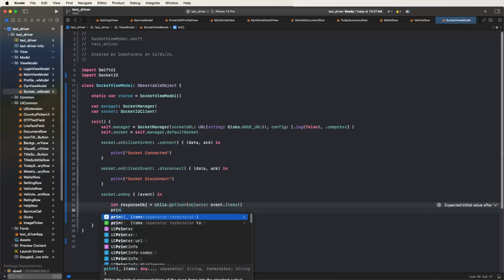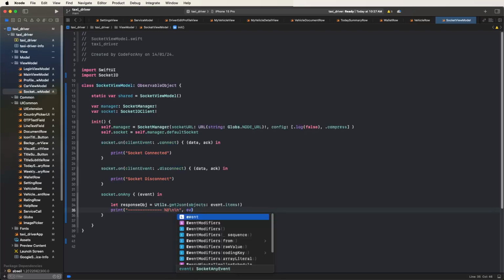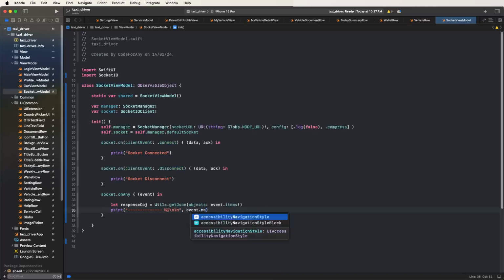And now we need to print the logs, and we need to write down the chain, and now we need to give the event name, which events we need to give, call this event,